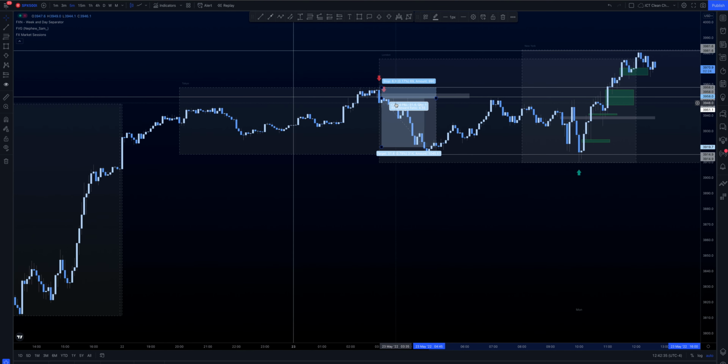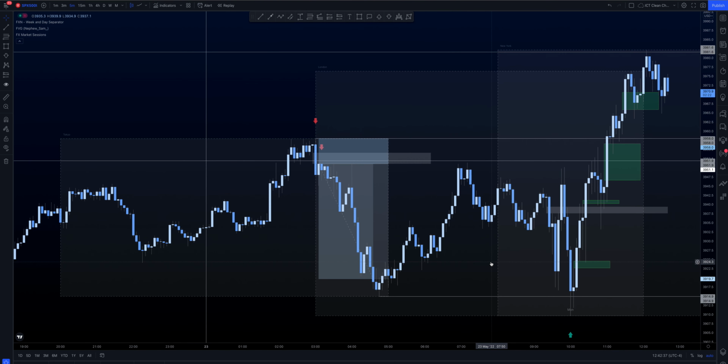So if it's something that you want to have a look at, let me know and I can give you the settings. But you've got your Tokyo high here, which is actually taking the previous day's high. So it's taken the buy side liquidity here in Tokyo. So the Asian session, this is the Asian high, this is the Asian low, and then the Asian session stops